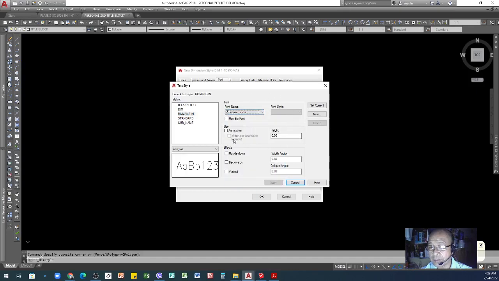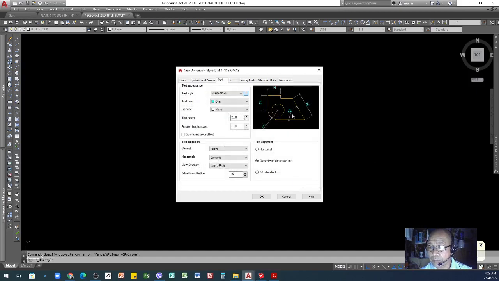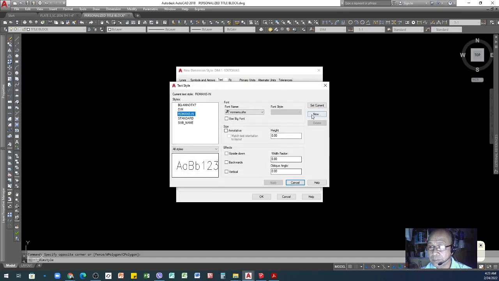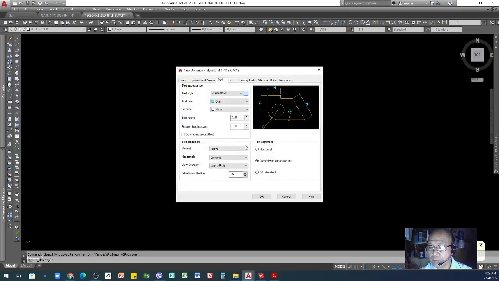And then the height. Let me see, the height is here. Don't set the height there, just leave it 0. This is already set to current, and then we will close. So the height, you have to indicate it here, so it's 2.5, and then the rest leave it as is.